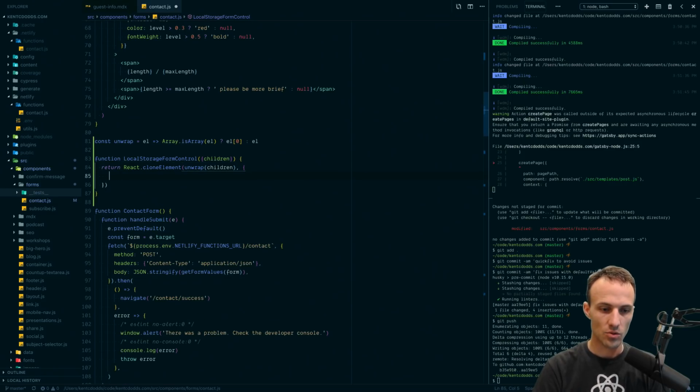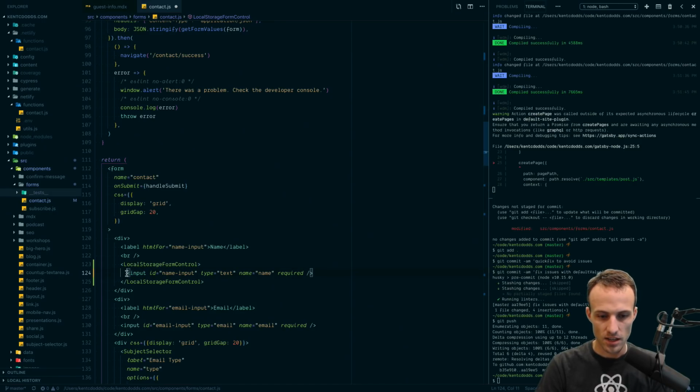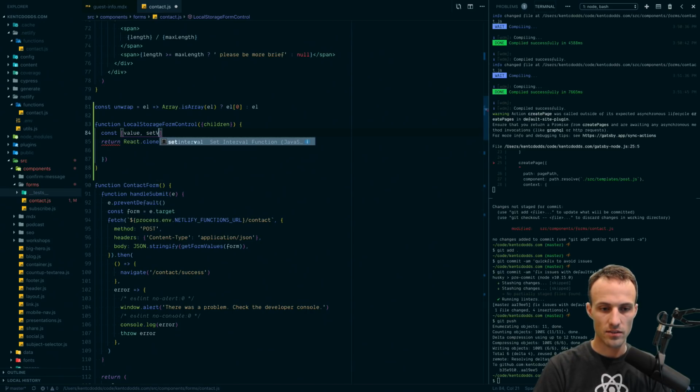Okay, so we're going to clone the element, and we're going to tack on a couple of props to the element. One prop that I'm going to need is onChange, so that I can keep local storage updated. The other prop that I'm going to need is a ref, so that I can attach a ref to the input, so I can set the value explicitly. Actually, what would be better is to explicitly define the value. That'd probably be better, so change it to a controlled input. So first off, I'm going to need some state. So we're going to say value and setValue React.useState. And we'll set the value to